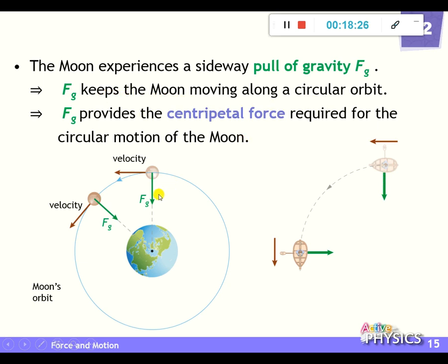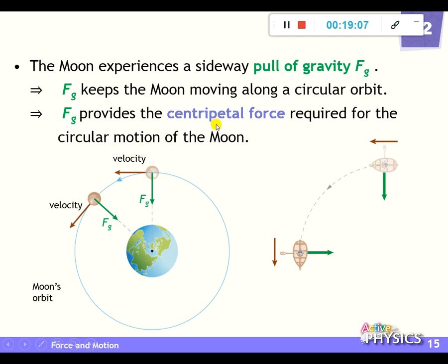Then in the last topic, you should know that without any force, this object should move in a straight line in the tangential direction. But now we have the sideway attractive force to pull it towards the center of the path of the circle. Then this motion we will call circular motion. How about this force? We will say that centripetal force, 向心力. So this one explains why. Here, the centripetal force is required, okay, to keep the moon moving in a circular orbit.